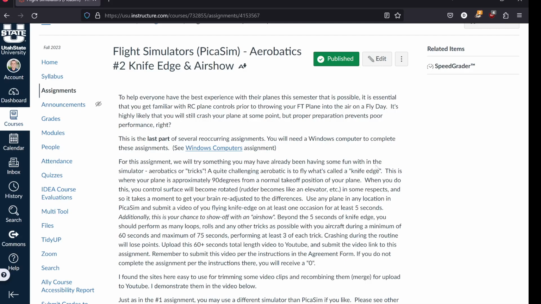I do want you to try to learn how to do, at least briefly, this knife edge maneuver. This is a maneuver where your plane is basically flying 90 degrees to the right or left, rotated from what it would be taking off in, if that makes sense. I'll show you in the sim in a second, but imagine the plane's flying on its wingtip, basically, instead of in a normal attitude. So we'll do knife edge for at least 5 seconds in this assignment,